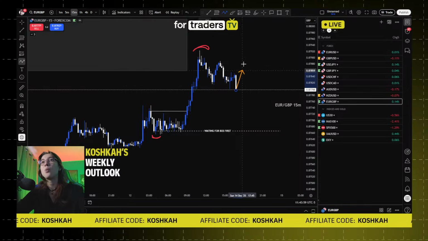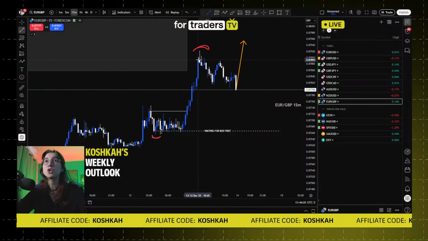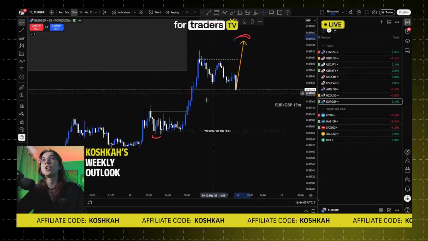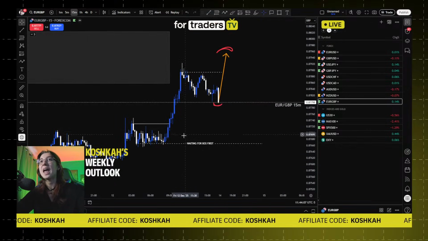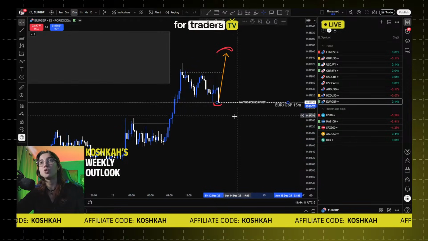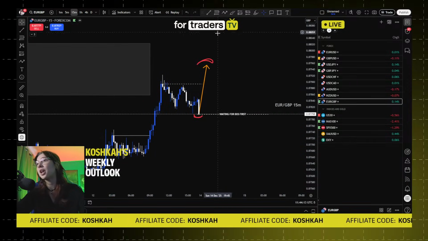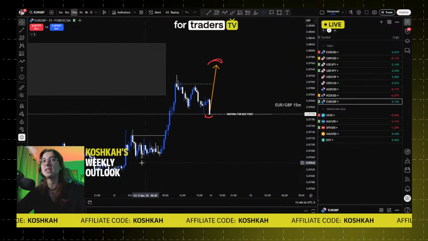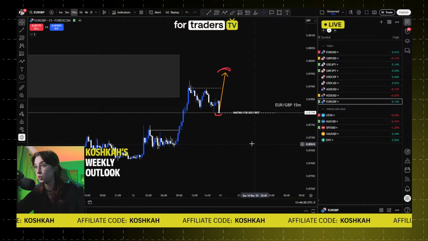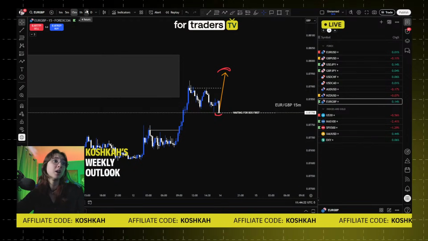If not, I want price to come up and break structure to the upside first, then we're gonna have a new range. So we're gonna change the range like this, and in consequence, we're gonna change the low to break right here, and then we're gonna have a better target in the bottom. So yeah, that's pretty much it, what's going on with Euro GBP.